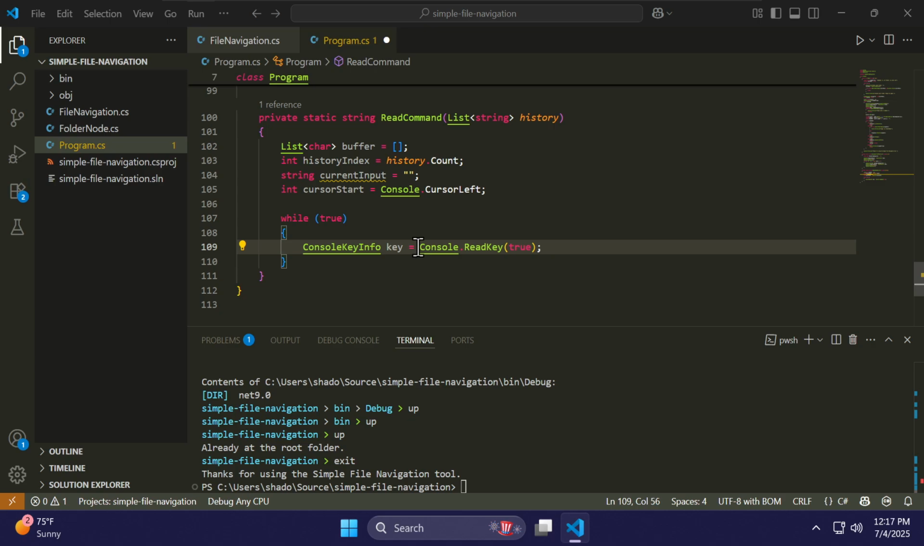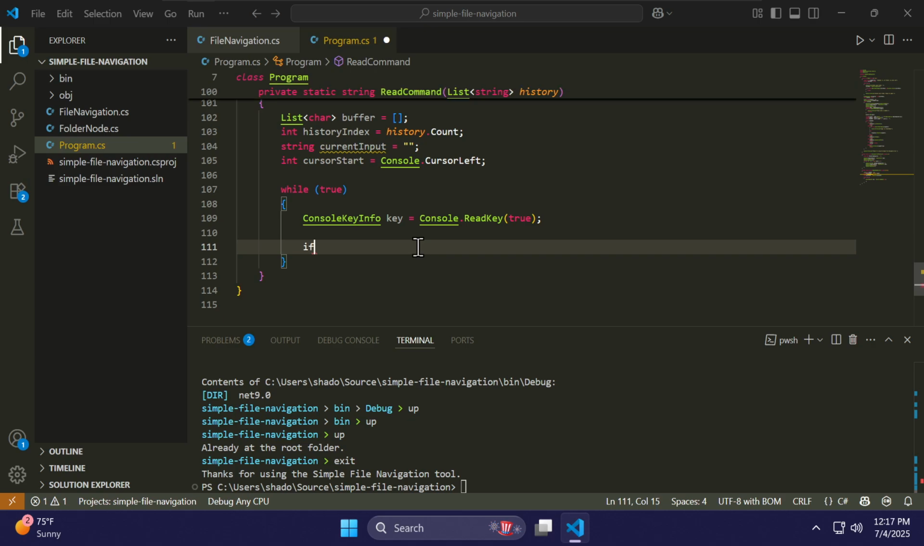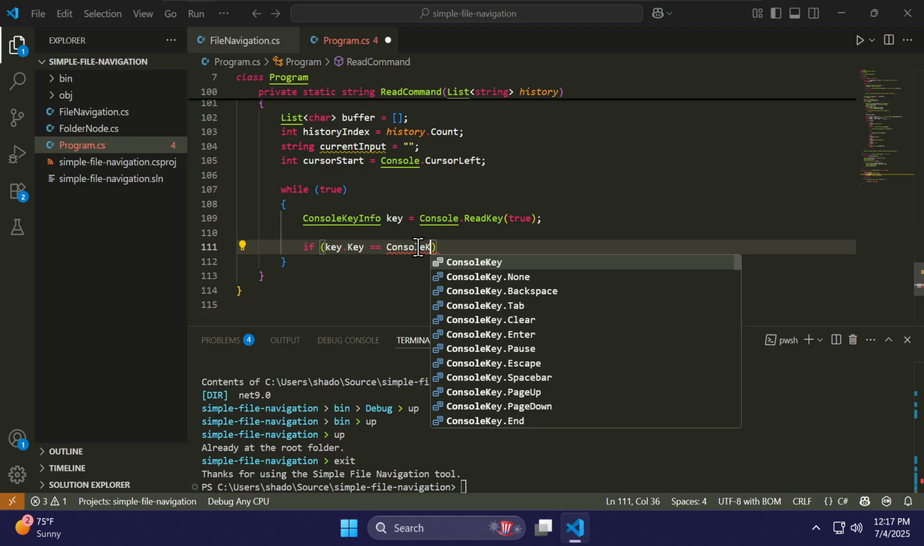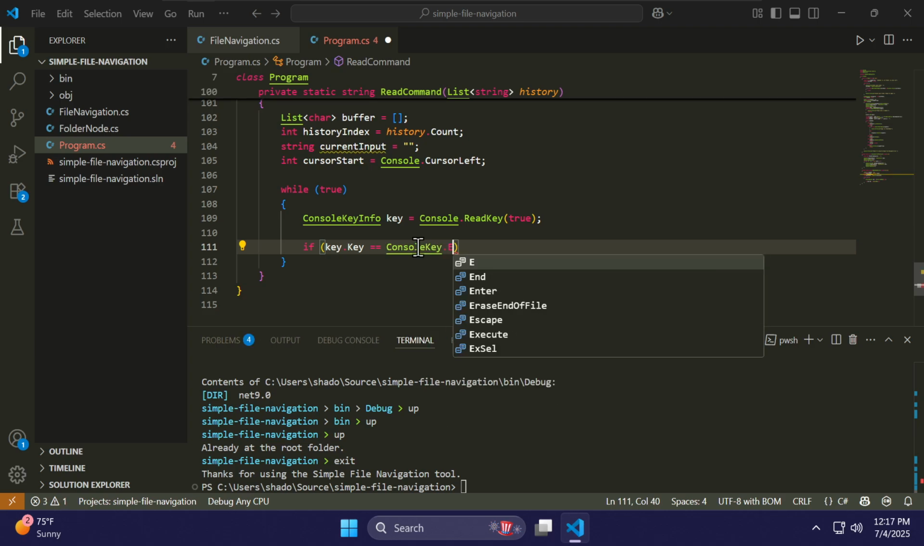This is where I would normally use var because I don't necessarily know what type it is. I don't know much about the type, but I know it has a few things. So we'll do key.Key. So key dot, let's do Enter first. If they press Enter,